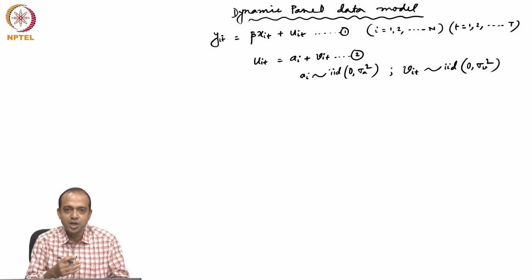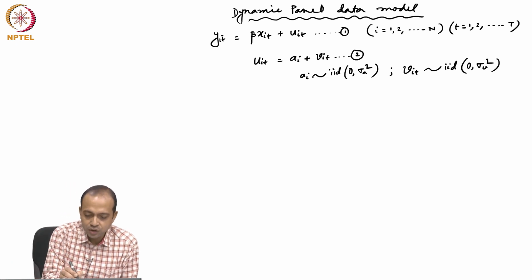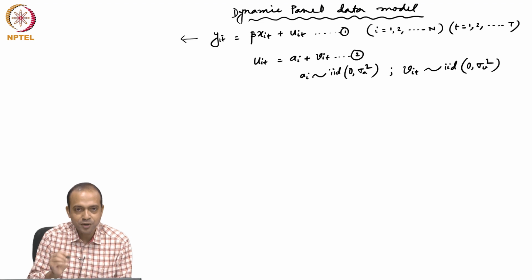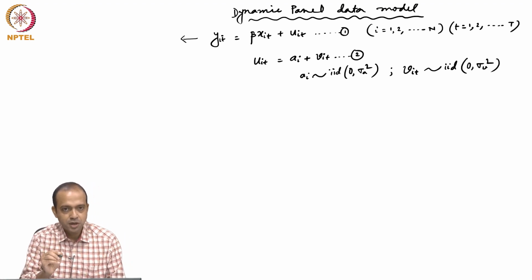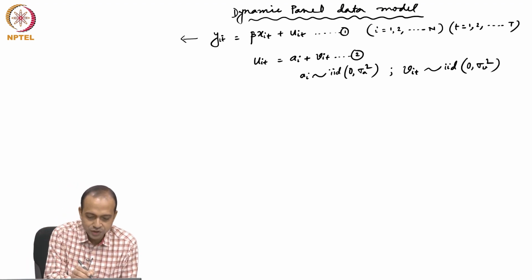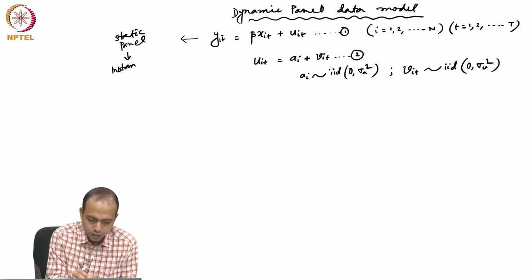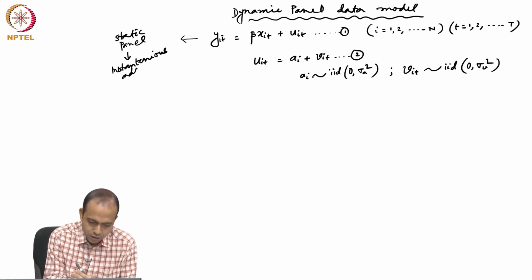That is why equation 1, the simple fixed effect panel data model, is not dynamic in nature, because there is no dynamism, no persistence over a period of time. Any change in x will result in an instantaneous change in y. This is called instantaneous adjustment, and that is why this framework is called a static panel data model. Whenever you see this type of model, it is called a static panel data model, because the adjustment happens instantaneously in the same period.